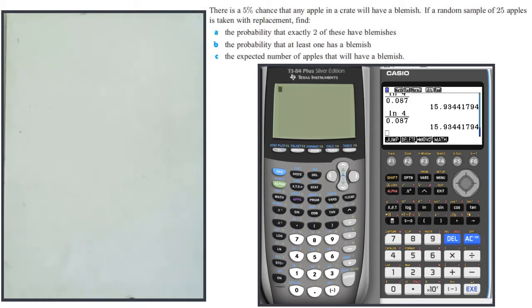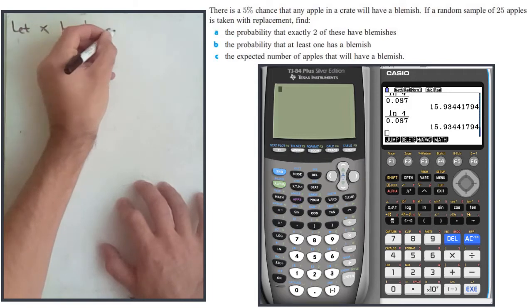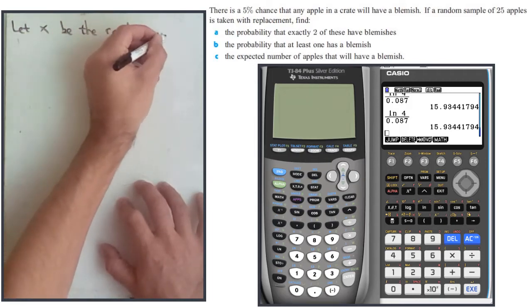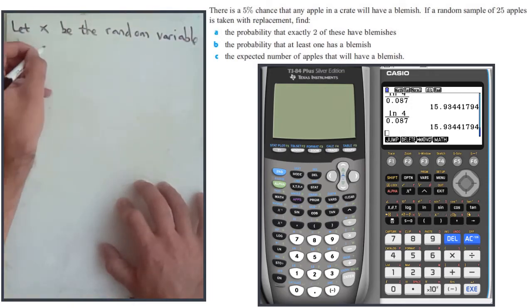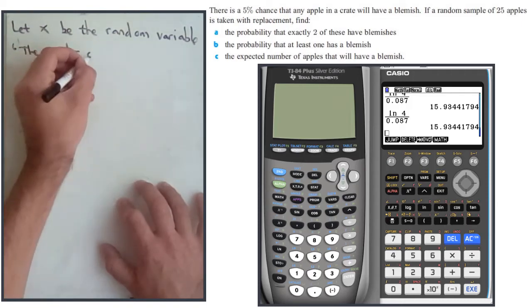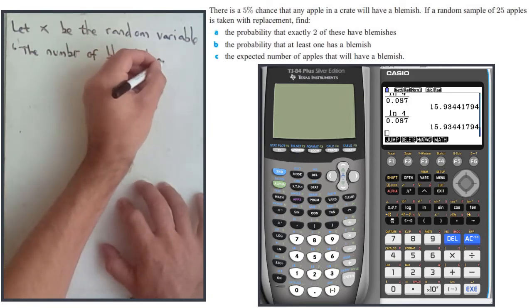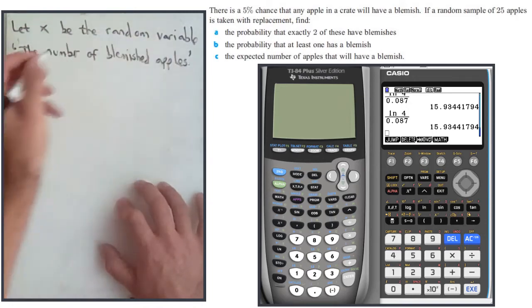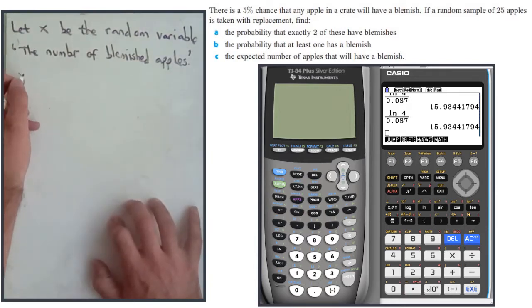So we're going to define the random variable. I'm going to say let X be the random variable. I'm going to call it the number of blemished apples. Okay, so once you've got that, it means you can use notation for the rest of the question, which is quite nice. So part A, we are finding the probability that exactly 2 of these have blemishes. So we're finding P(X = 2). Sorry, before I do that,